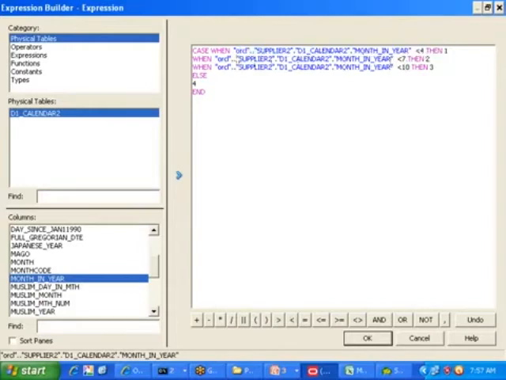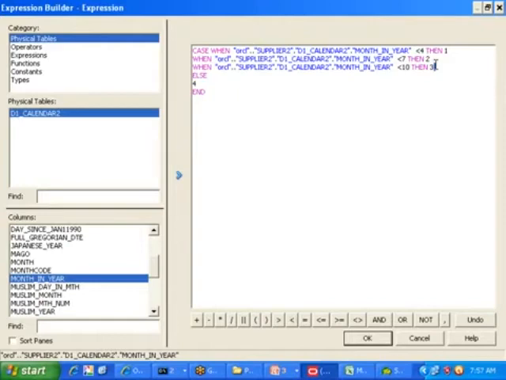Then we'll go for the next statement. 5 less than 7, true or false? True, so it stamps the value 2, the second quarter. It will not execute the third one; it will come out of the case when statement.